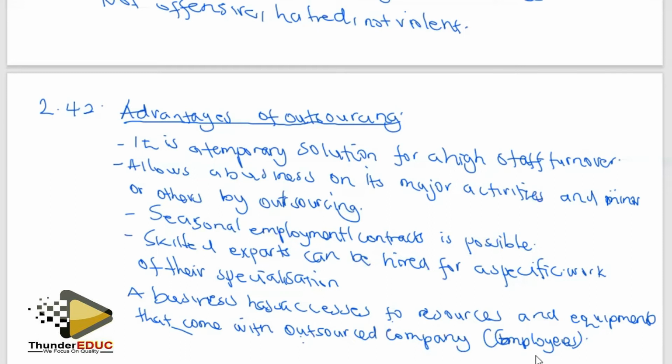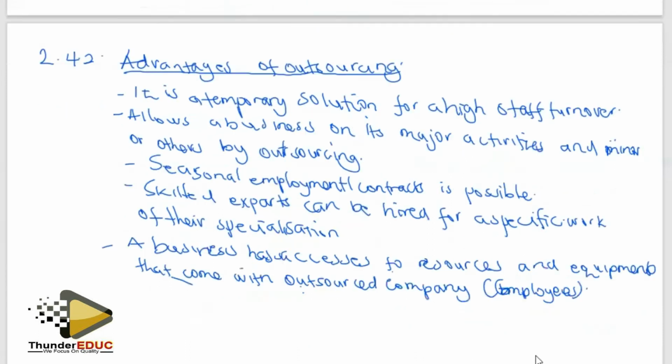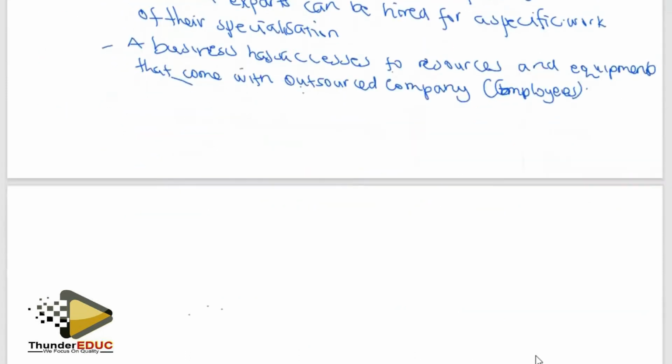Okay, the minimum points here we are required is 3, and if they are fully explained, they would give you a lot of marks. Let's look at another question, which is question 2.5, which requires us to give reasons, discussing reasons